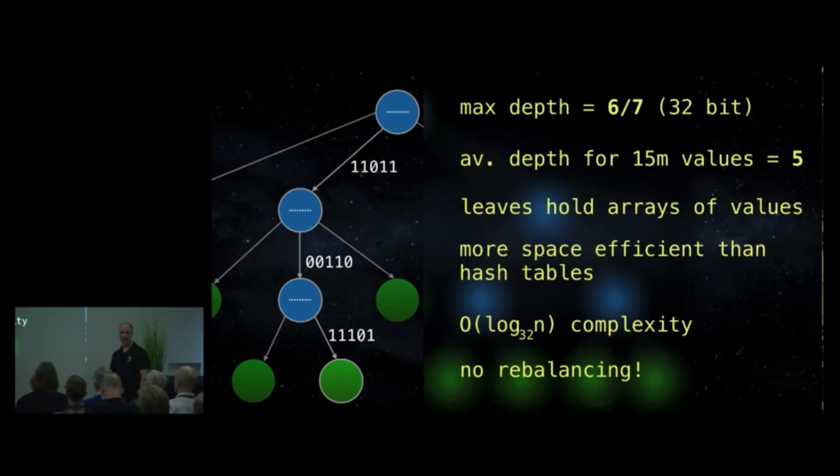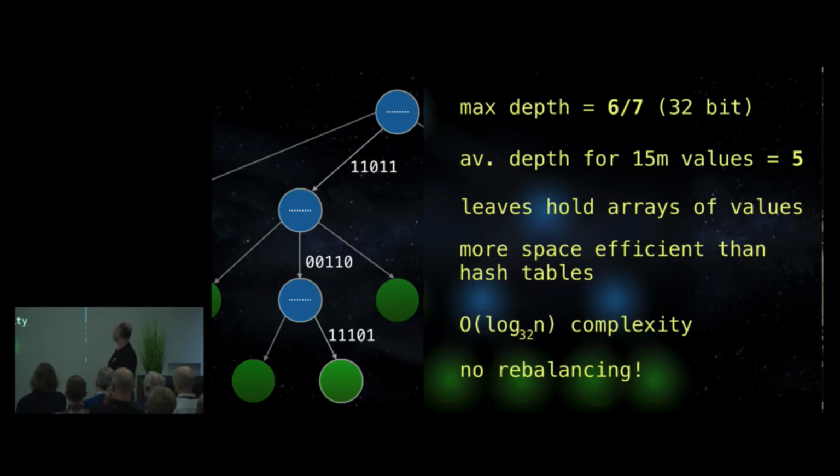So for a 32-bit hash, because you could have a 64-bit hash, of course, we've got a max depth of 6 or 7. Say 6 or 7 because if you're peeling back 5 bits at a time, you'll have 2 at the end, and it's probably not worth considering that part of the hash. Just leave it to hash collisions. So that will give you 6, usually. For that 15 million values example, we've got an average depth of 5, significantly better than 24 in the red-black tree case. Not as good as a hash table, but close enough.